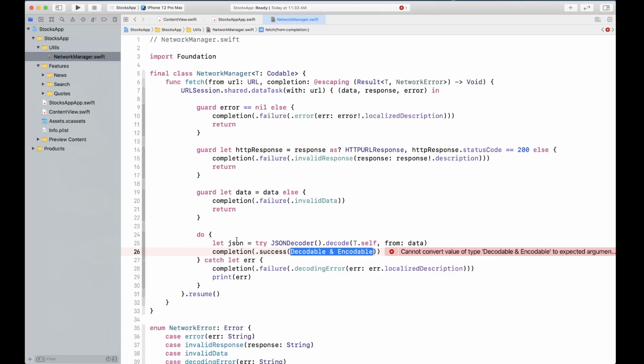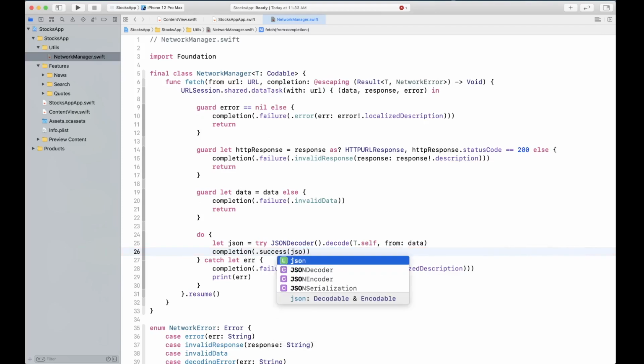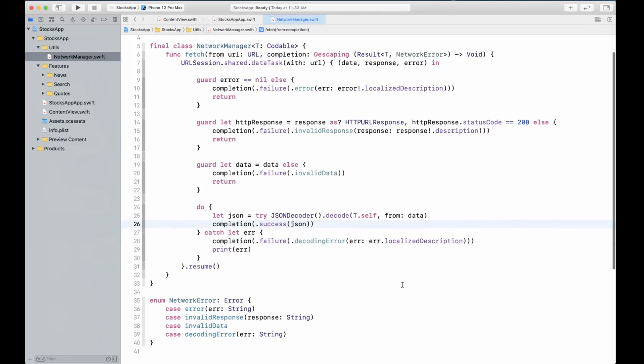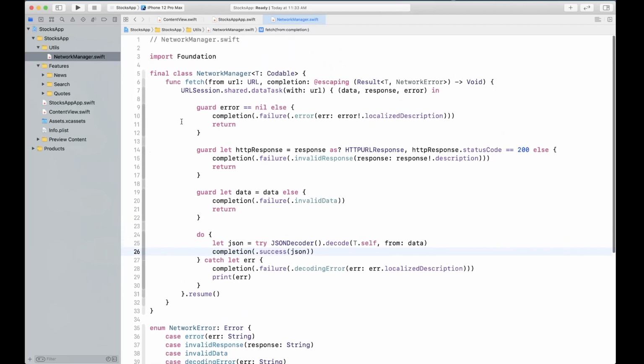Okay, so we are simply going to take our JSON and return that. And if you notice, JSON is decodable and encodable. And that's about it. So that's what you're gonna basically use. This network manager is what you're gonna be using to make your network API calls.